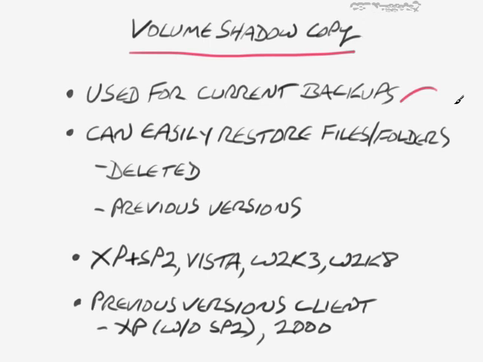However, volume shadow copy is able to create a point in time of the files I have open and then actually back up that point in time. Then if I needed to restore it at a later point in time, it would restore that file as it was at that point in time. So it's really cool for current backup technologies, and there are certain third-party backup vendors that also tie into the volume shadow copy service. Now, the volume shadow copy service is actually used in a couple of different ways. One of those is what I just mentioned here for backup technology. The rest of those all fall below this line right here. This is a different subject than using backups, so just keep that in mind.